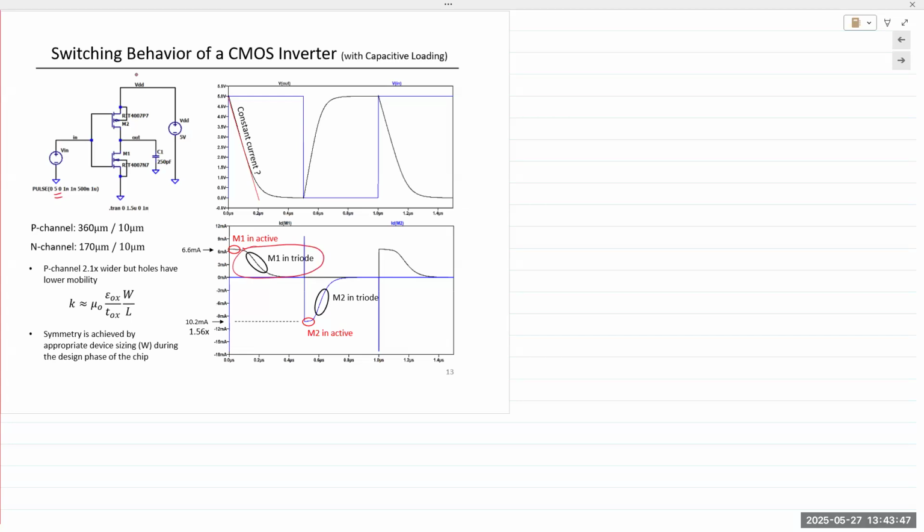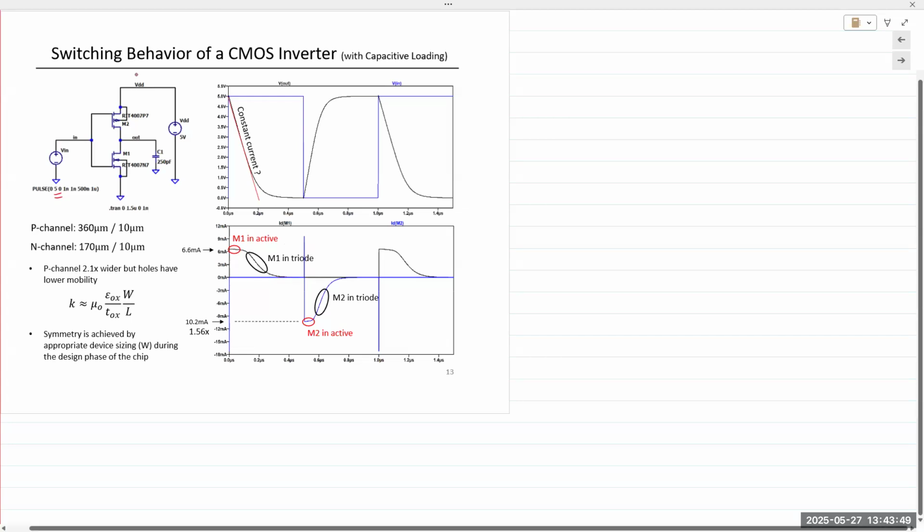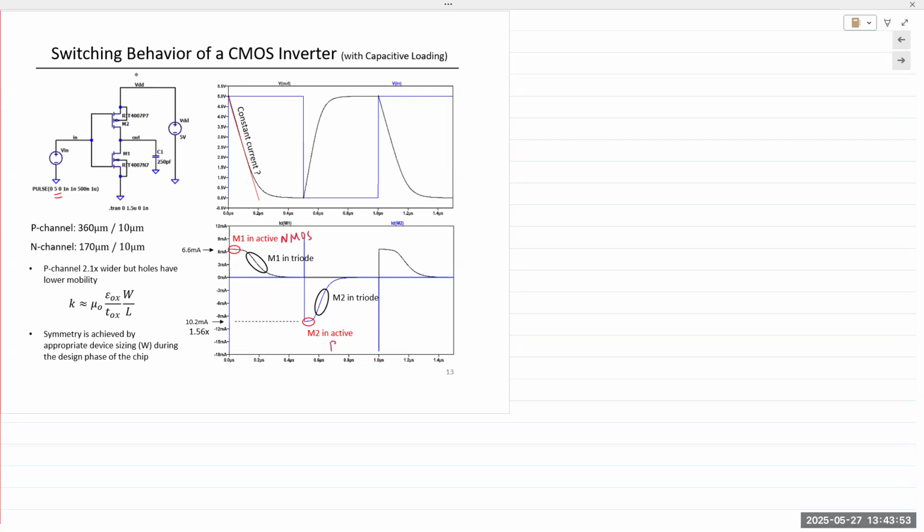M1 is the NMOS transistor, so I'll write it down here. This is NMOS, and M2 is the PMOS transistor. Okay, PMOS transistor. So when you apply Vin, the square rectangular pulse